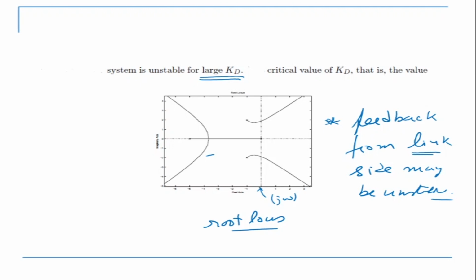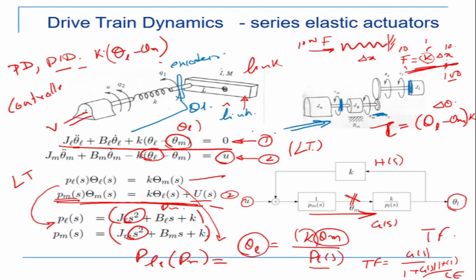Okay, so this was basically to explain that when we are having stiffness, we are adding stiffness onto the joint. The advantage of putting stiffness is that we can absorb some of the shock. Very often in a lot of robots these days we are using what we call series elastic actuators, and this is the basic control structure of a series elastic actuator.